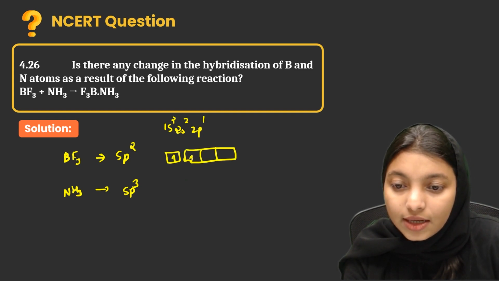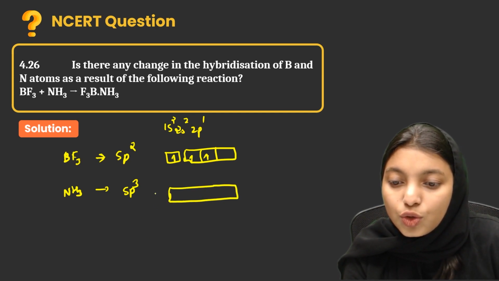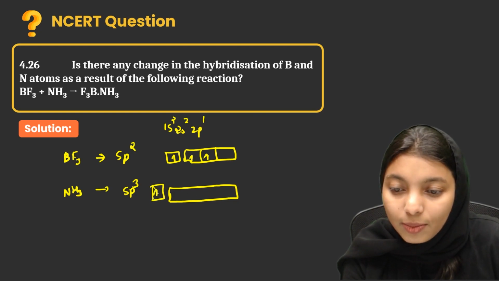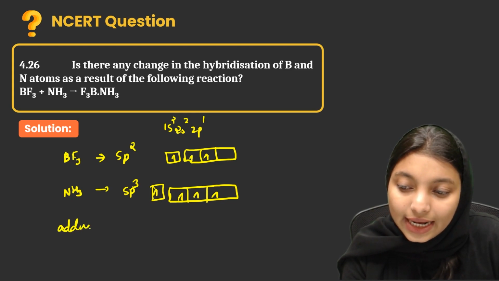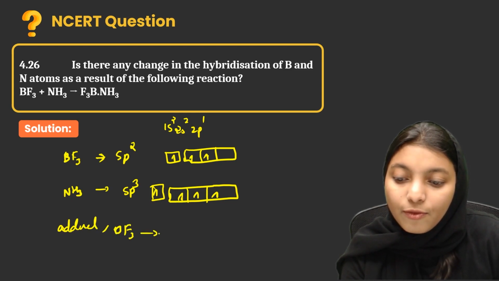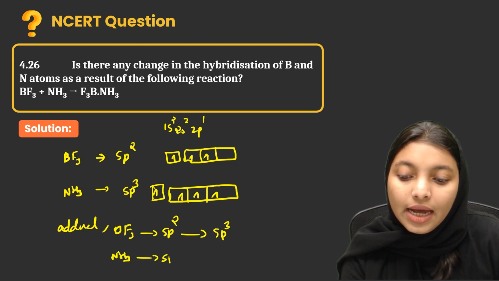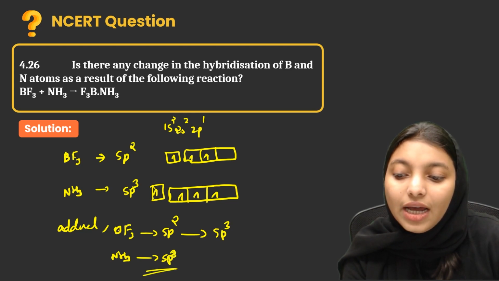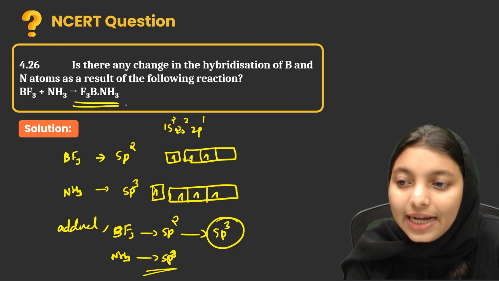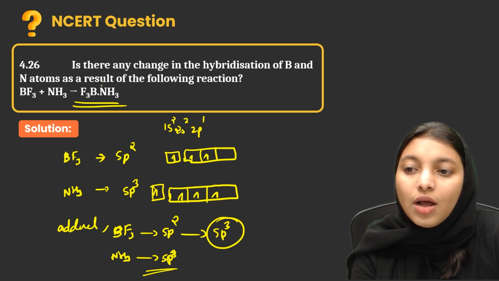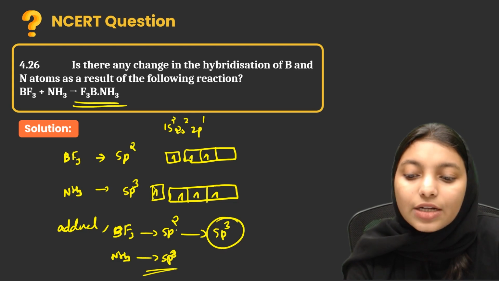It will be like 1s here, 2 here. It will be like this. And for ammonia, it will be 1s2, 2s2, 2p3, and for the excited one it will be like this. But when it is forming the adduct, BF3 will change from sp2 to sp3, and for ammonia it will be intact. It will not change. For BF3, the hybridization is changing to sp3 when it is forming this adduct. Clear? Because nitrogen is giving its lone pair to BF3. That is why it is forming